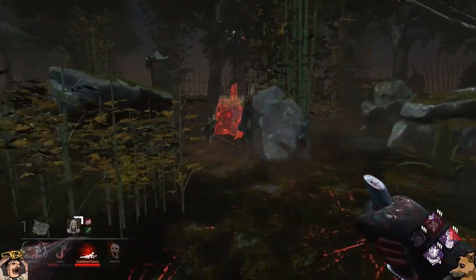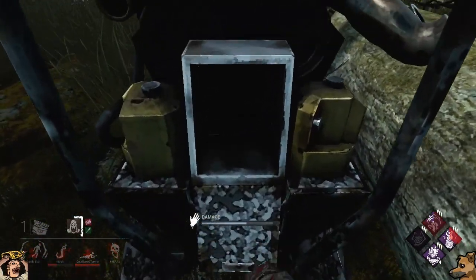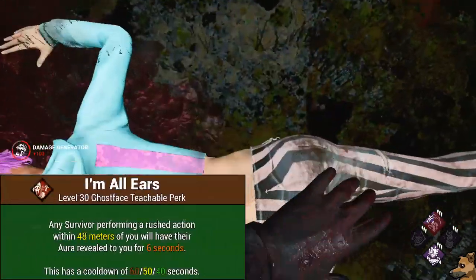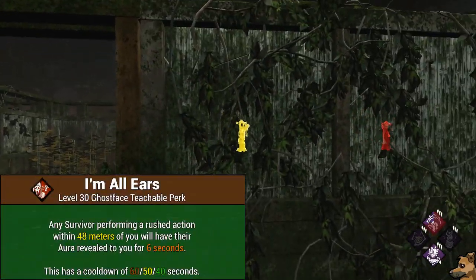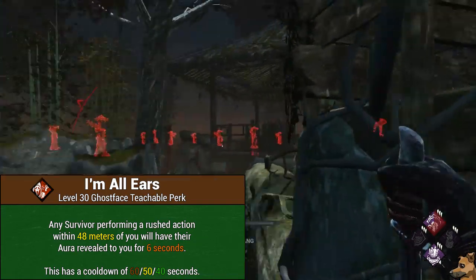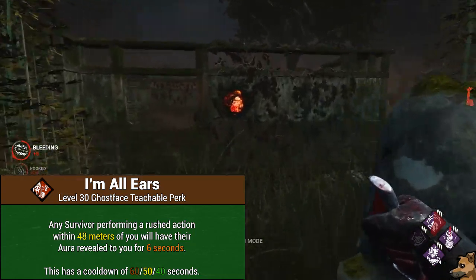Now let's talk about the teachable perks you'll be unlocking if you put your blood points into the spooky Ghostface boy. At level 30, you'll unlock the teachable for the perk I'm All Ears. I'm All Ears will make it so that if a survivor does a rushed action within 48 meters of you, they will have their aura revealed to you for 6 seconds. This has a cooldown of